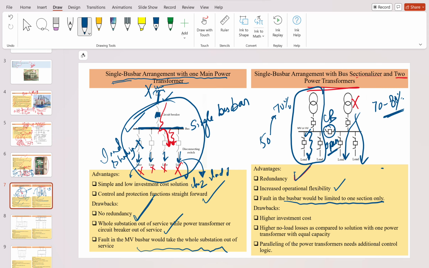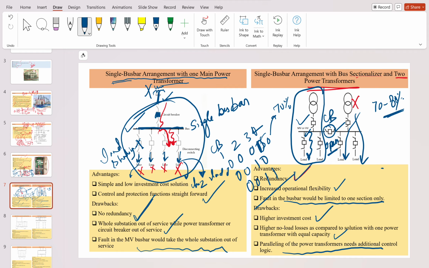So the reliability is high in that situation, but the investment got increased because you have to put in two transformers, so the cost got increased. There are also higher no load losses as compared to the solution with one transformer, because you have multiple lines connected here, so the losses will increase. Parallelization of power transformers needs additional control logic, because you have to decide when to switch on this and when to switch on that. Suppose CB1, 2, 3, 4 are there, in that case you have to make a multiple logic